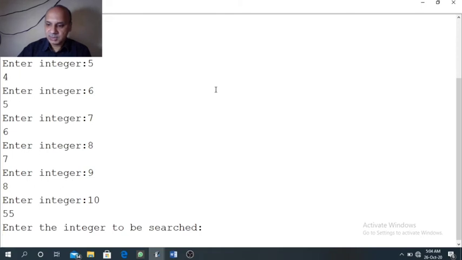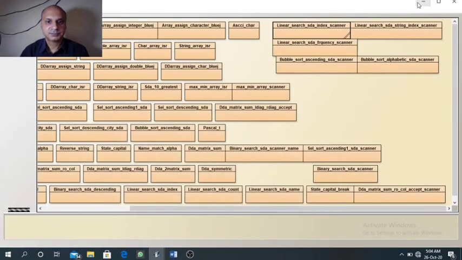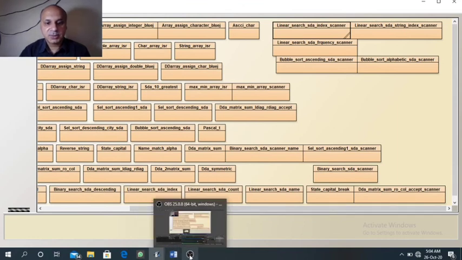Now I am going to check whether 65 is present or not. Now it is displaying a message, the required number 65 is not present. I hope you would have understood the program now. This is the basic program.